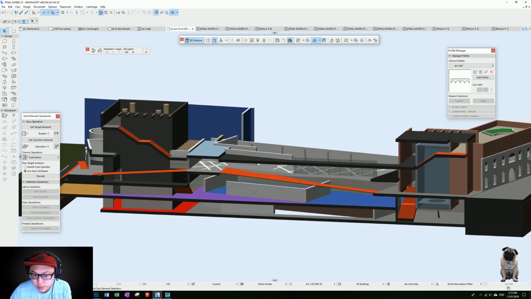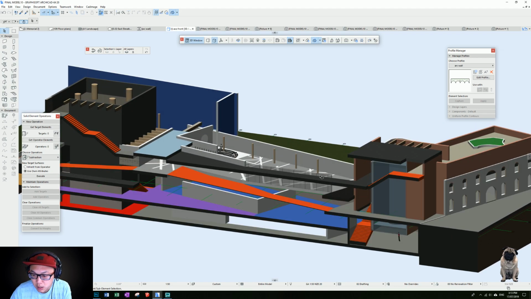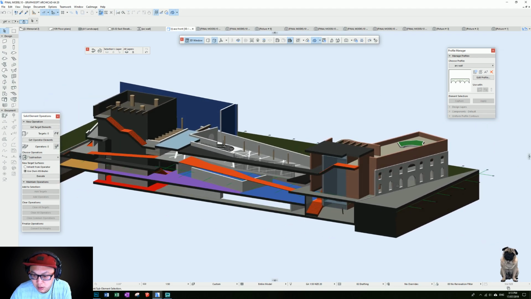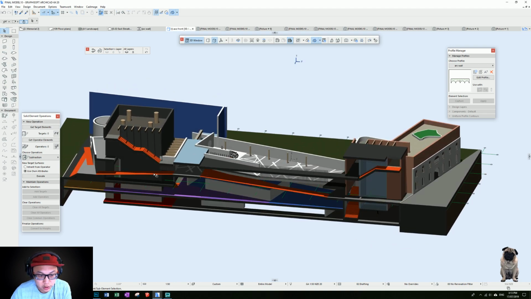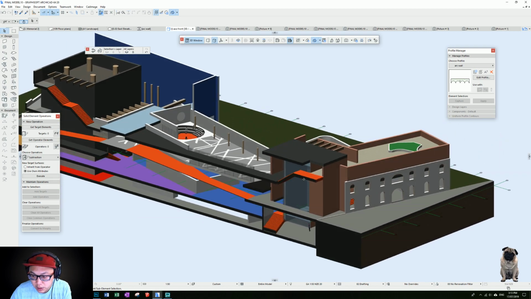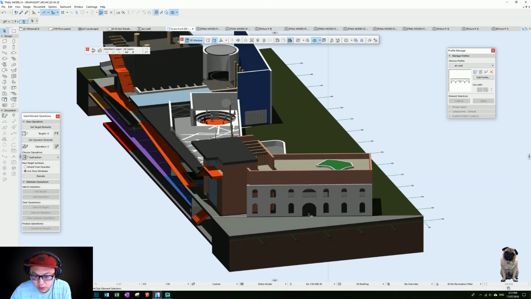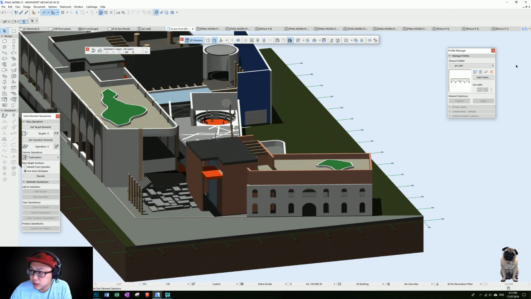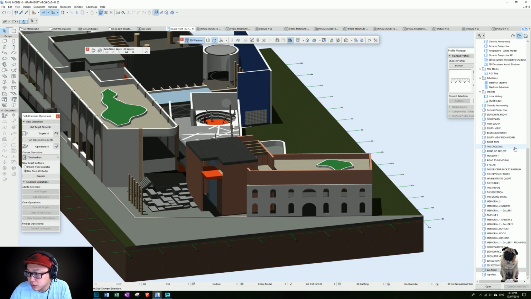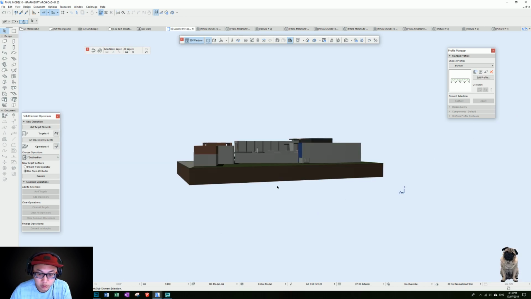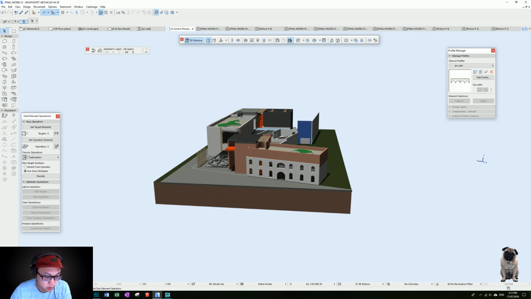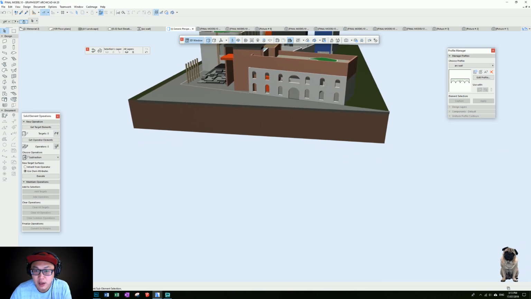Okay, maybe I'm going to talk about the circulation. So as you can see, this is going to be the main entry. So let's go into perspective mode. Perspective. Oops. Zoom in. And I'm going to use that little guy so I can fly, and I'll take you through